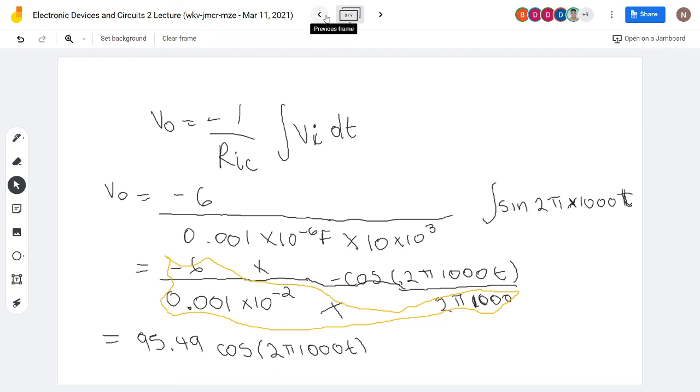It's a sine wave, so it starts here. It goes. That's what we know for sure, with an amplitude, a peak of 6 and minus 6. That's what we know. And we know the frequency is going to be 1,000. Right? So that's the sine wave, that's the input, that's V in.